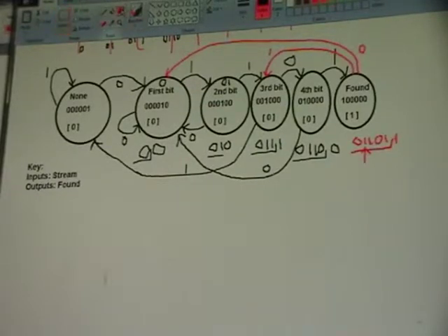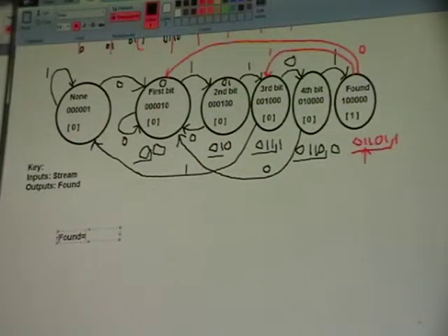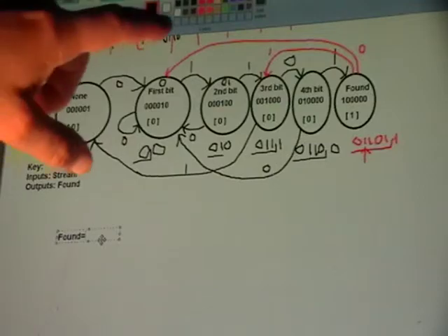Okay, so let's do the logic for this. First, let's figure out the output. The output was found. Found is, you find the states where found is 1 and you OR them. Let's see what I mean by that. I only see one state where found is 1. And if you take this number that's in the state as its present state, there's only one state where